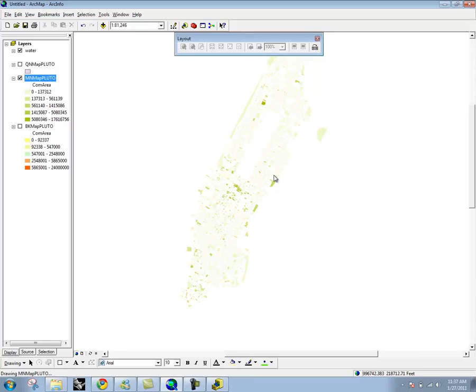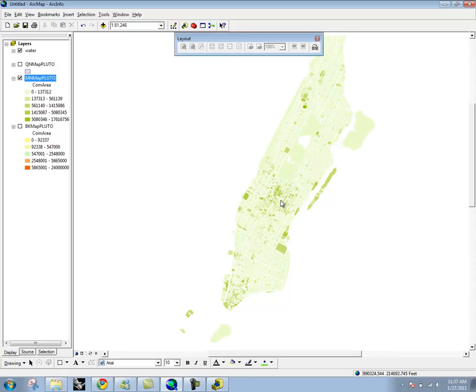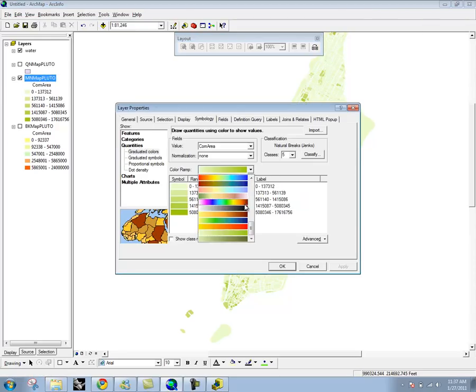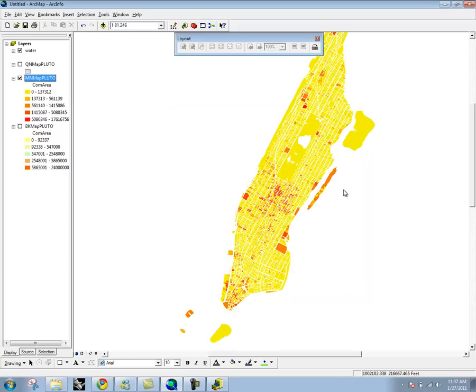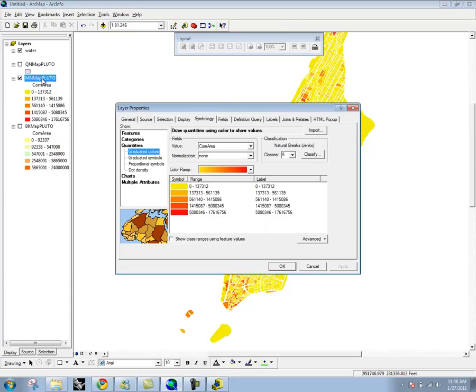What else? Oh yeah, another thing. It's really hard to see this right now, so I'm going to change the gradient again. Okay, and another thing to note, depending on the data that you're using, but especially with something like